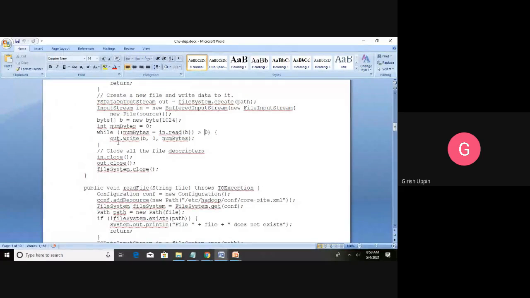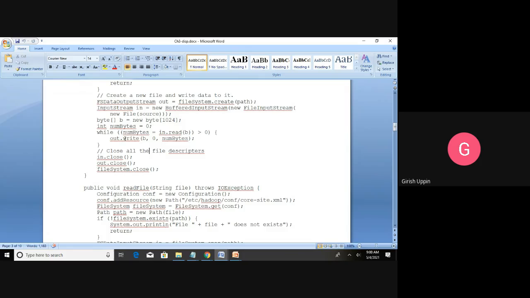So it will write out.write. The out is the FSDataOutputStream created for the destination file, that is the path. out.write(b, 0, numBytes): whatever you have read, it is going to write that many bytes into the output file.